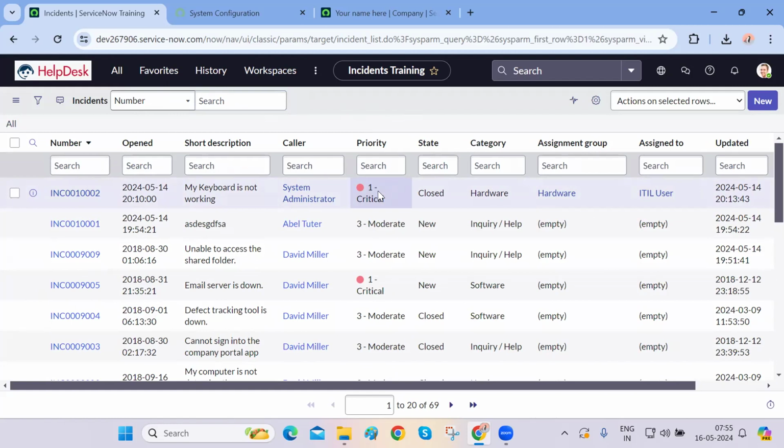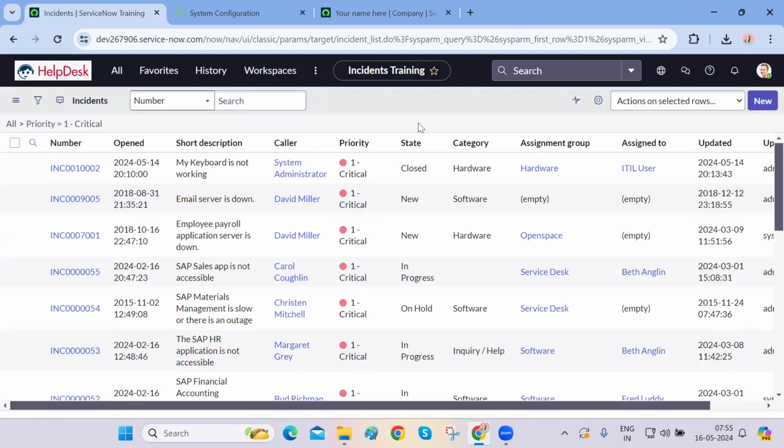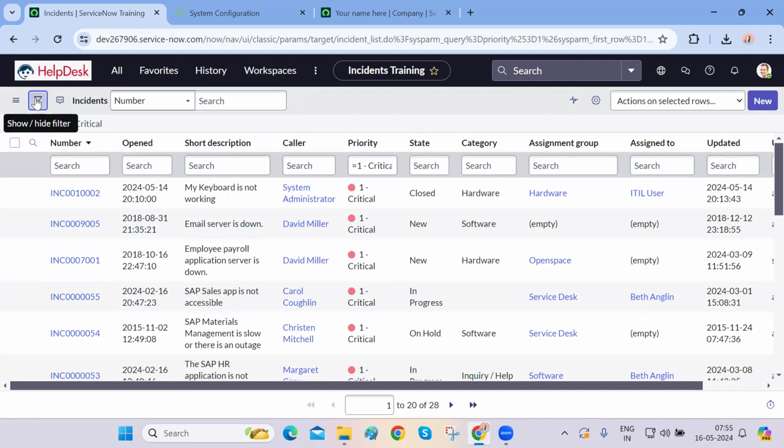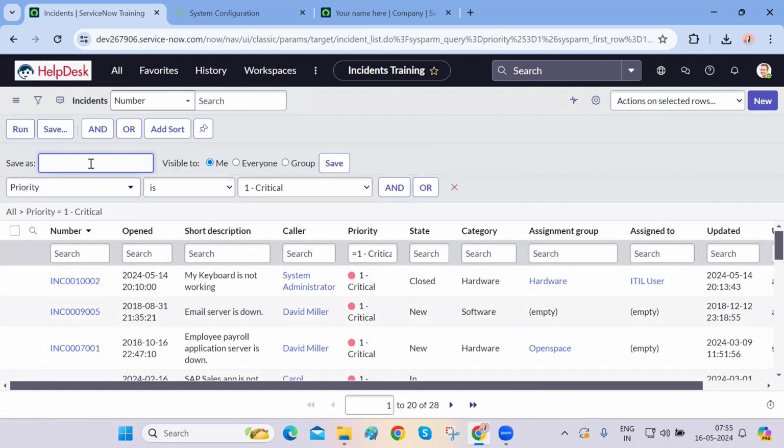Like, if you want to add this particular filter to the favorites, how can we do that? Yeah, we can definitely do that. Let me add some filters which says priority is equal to 1. So this particular thing is added, and now you have this particular save button. So instead of running, you can actually save this filter. Yeah, and give it a name as